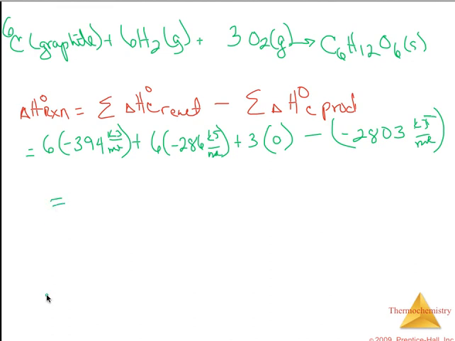If I do all that math, I should come up with a value of negative 1277 kilojoules. So that's using heat of combustion to calculate enthalpy of reaction. And remember, the difference between using the heats of formation